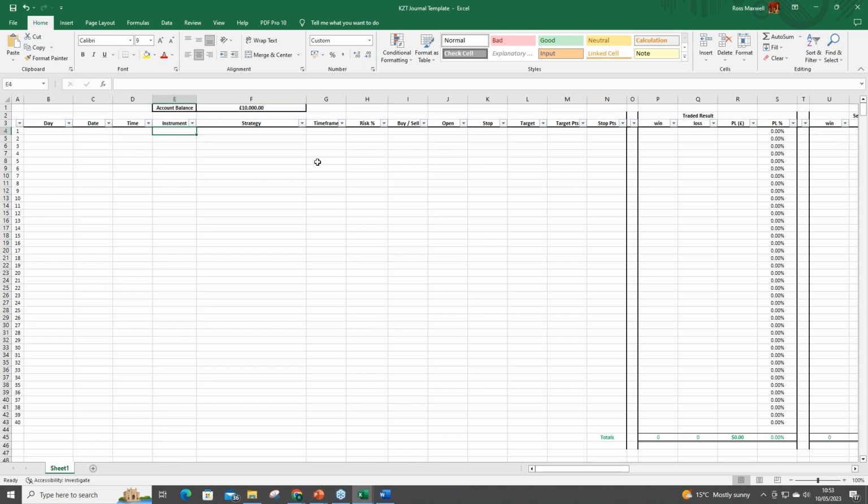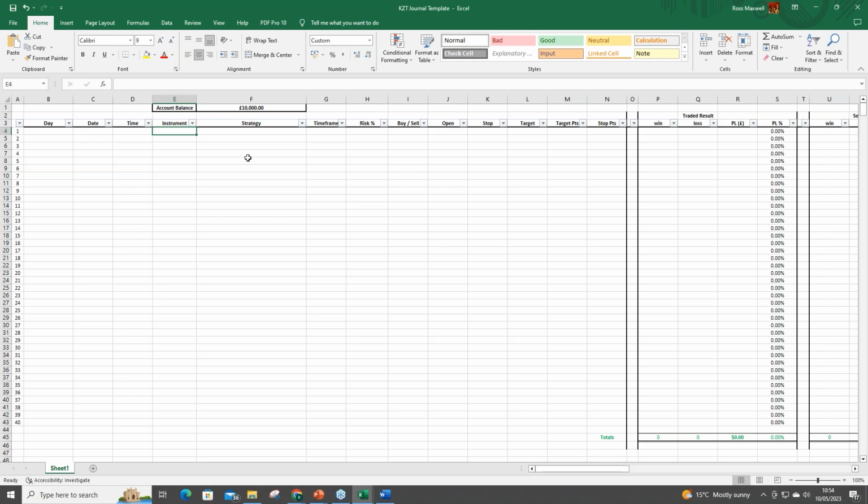Instrument, again, maybe some strategies work better on some instruments, and then you can focus your time on those instruments. Maybe your trading personality is better suited to certain instruments. For example, you may be better suited to something like the DAX, which moves a lot quicker. It's a lot less forgiving, but you know where you stand with the DAX much quicker. It's much more decisive than something like the FTSE, which is a little bit slower, where you maybe have to sit through trades a little bit longer. So maybe you can start working out that you just have a better performance on different markets and different instruments.